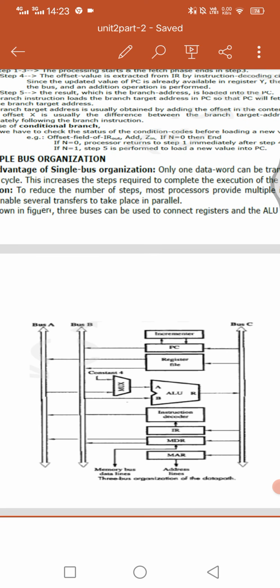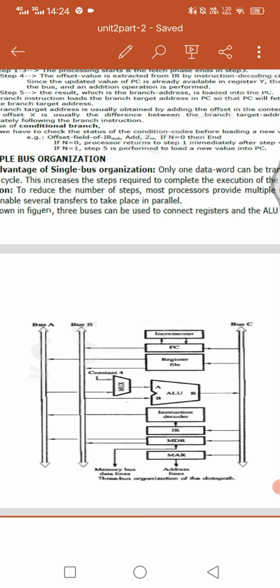Why do we go for multiple bus organization? In a single bus structure some disadvantages are there, so for that purpose we go to a multiple bus structure. This is the example of a 3 bus organization of data paths, and we have bus A, bus B, bus C. Here an incrementer is there.